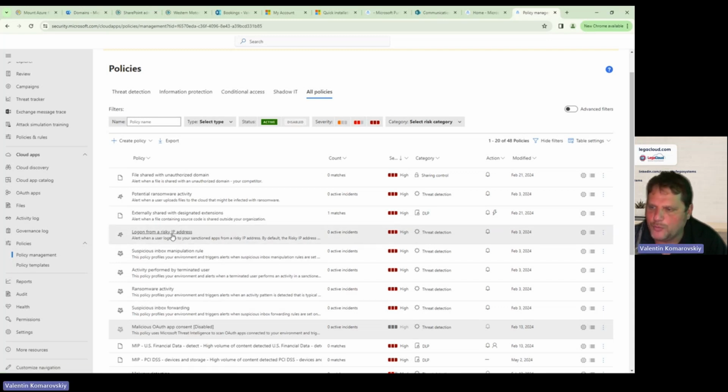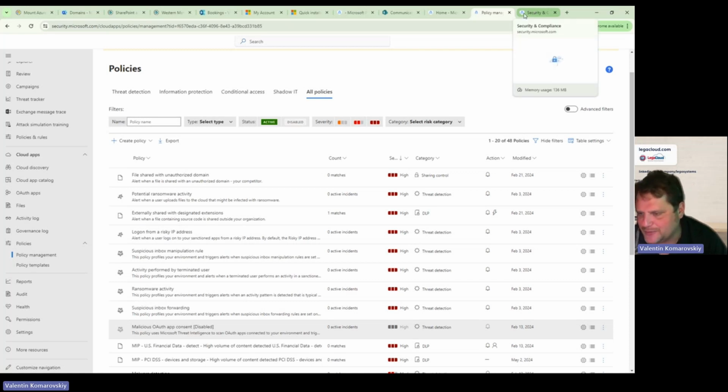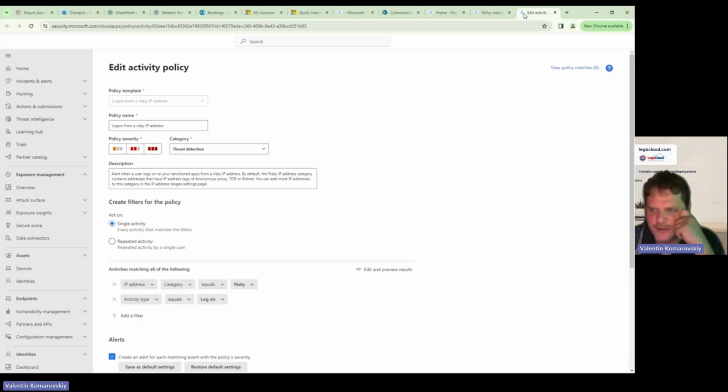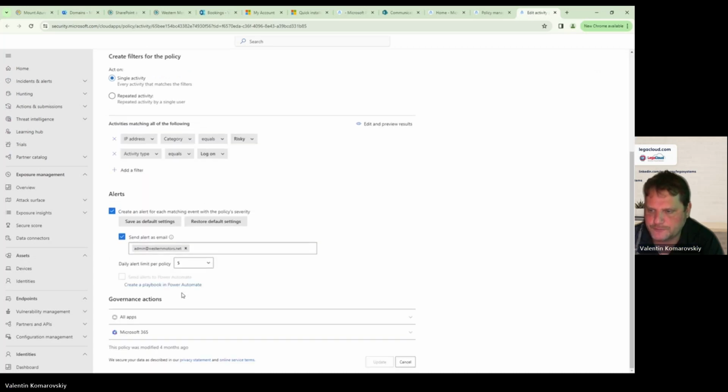But what you want to decide is where you will take action, because you probably don't want to receive alerts from both. And then if you have Sentinel, you don't want to receive alerts from that one. So for the types of risks that you're running, you want to figure out where you're going to have your alerts be triggered from. And then the other item to keep in mind,